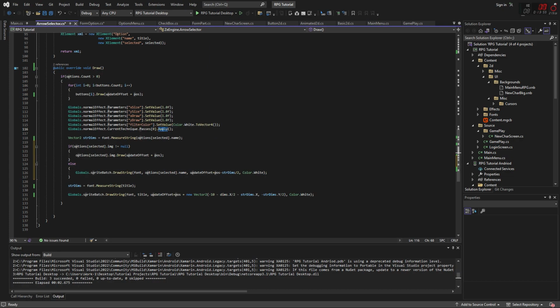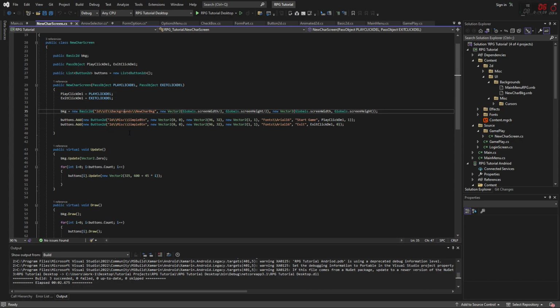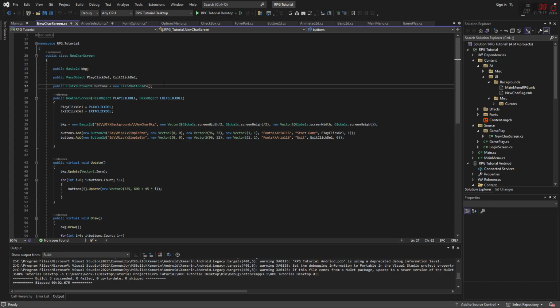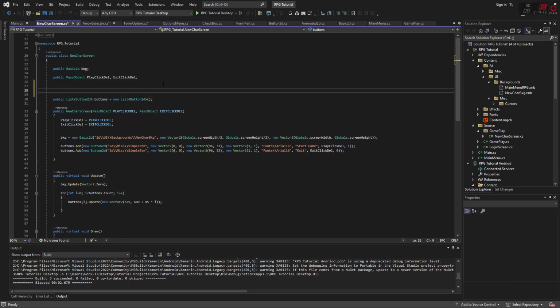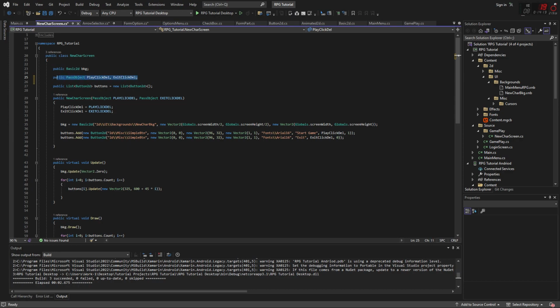The next thing we want to do is come into our character screen, pin it, put it here so it's nice and easy to find. And then what we're going to do is declare some of these arrow selectors. And we do those above the lists. And pass objects are supposed to go last. So I did this wrong. Let's fix this